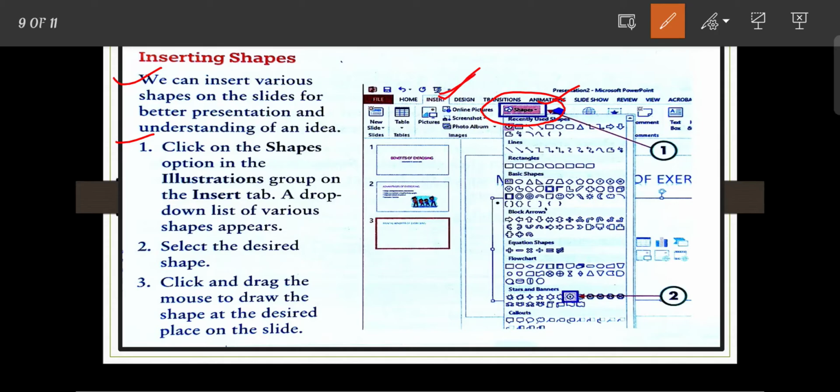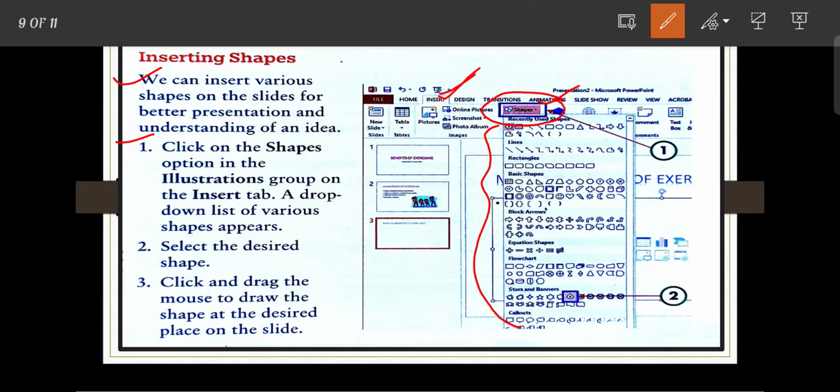A drop down list of various shapes will appear. Here you can see different types of shapes are available. You need to select as per your requirement. You can select any of these shapes from the drop down list.